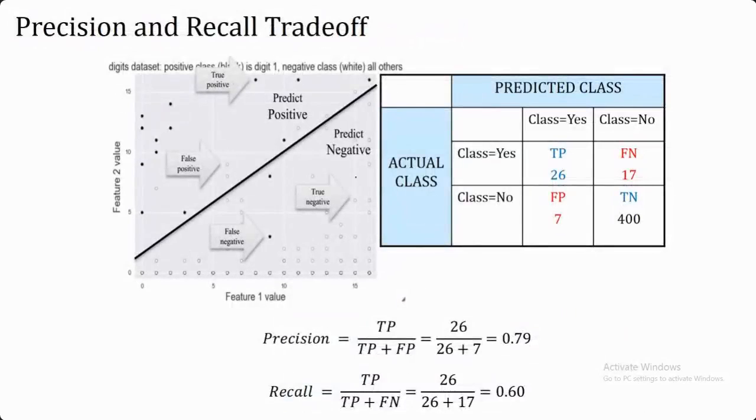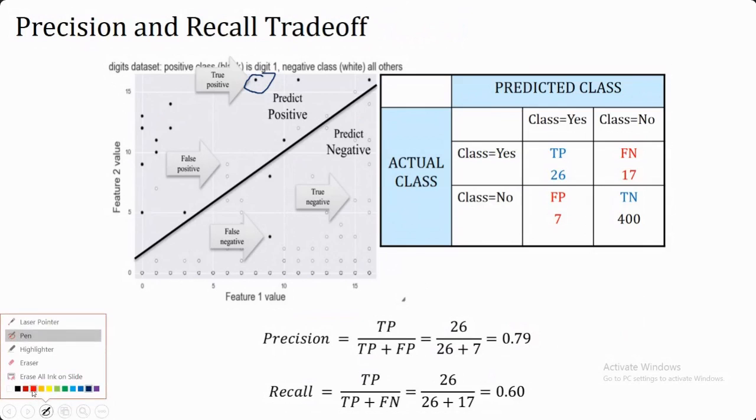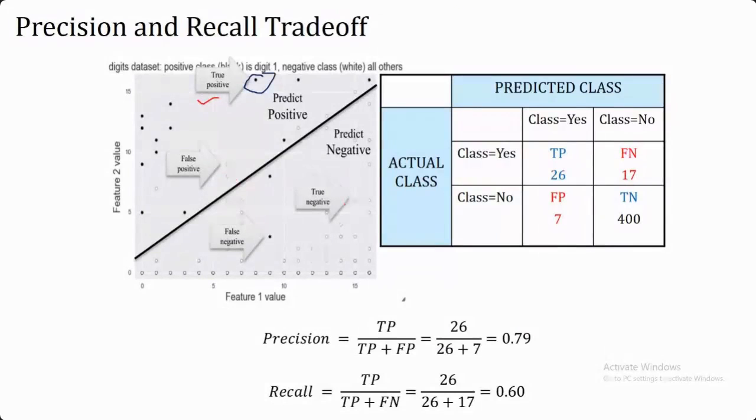This we also saw in the last class. Here, this black dot denotes a positive one, and it is on the positive side. That means this is a correct classification, your true positive. Here it's your true negative, because a negative has been classified as negative only. But this part and this part are incorrect classifications, because this is positive but present on the negative side, and this is negative but present on the positive side.